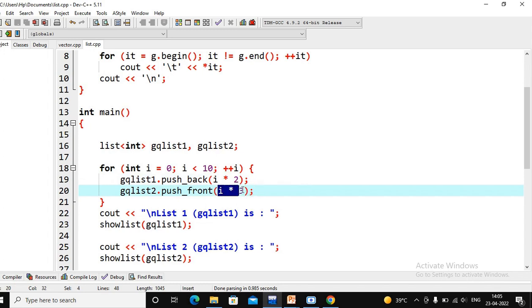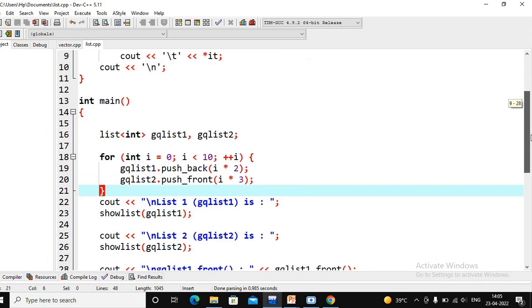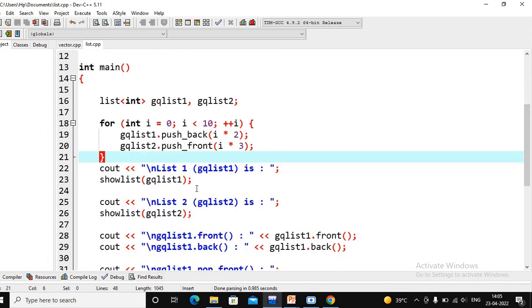The second list has the elements 0, 3, 6, 9, like that. Both lists are created with the help of the push_back and push_front functions, with i times 2. So i is 0, i times 2 is 0. Firstly, one element, that is 0, is inserted, then 1 times 2, so 2 is inserted. Like that we are creating the list.